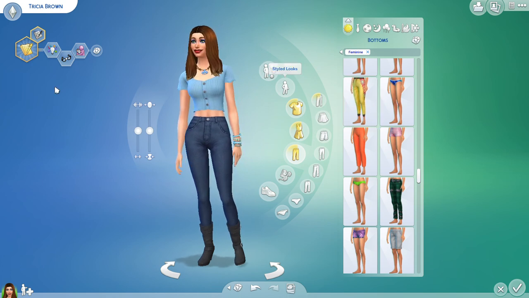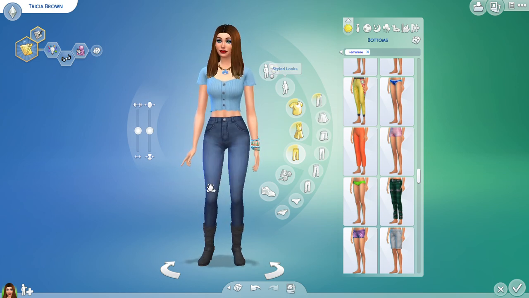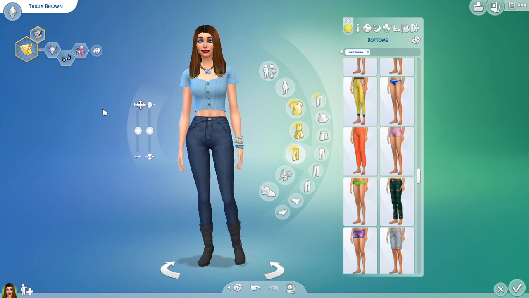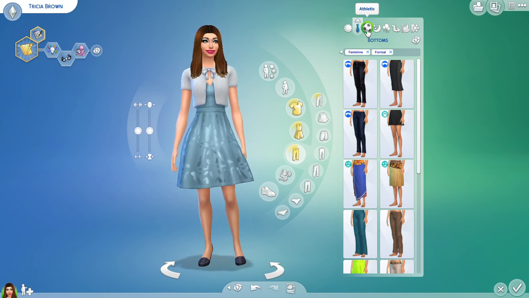Today I'm doing another Create a Sim in honor of my cat Topaz, but of course I had to make myself first because I wanted to. So I have to show you some things because I'm just feeling this outfit, you know? But there's my formal wear, and then before I get to athletic, some of you may already know this, but if you're new,